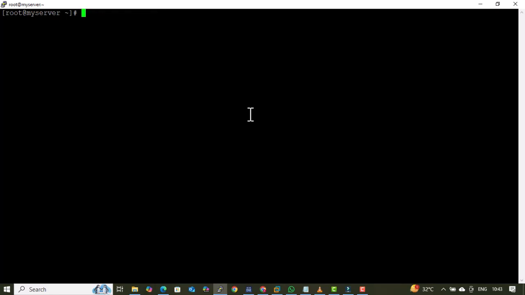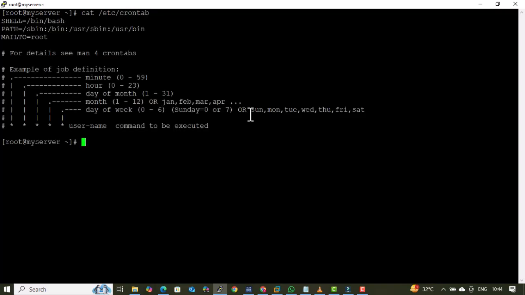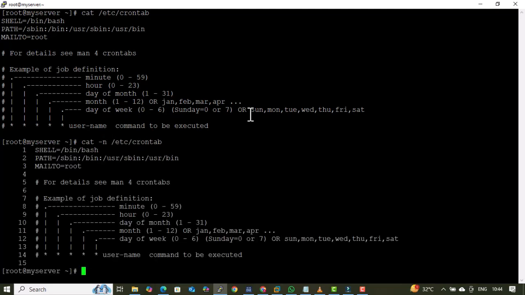How can we use the stream editor? Suppose we give sed, then we have to give the -n option, which tells it which line's output we are going to print. The p option is used for printing. Let's see how we can do it. Suppose I am printing the output of a file with cat. Now it has these many lines. Now I will put cat -n. Now it will show line by line that it has a total of 15 lines.